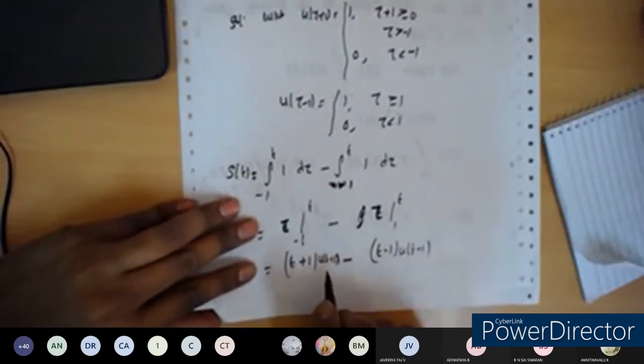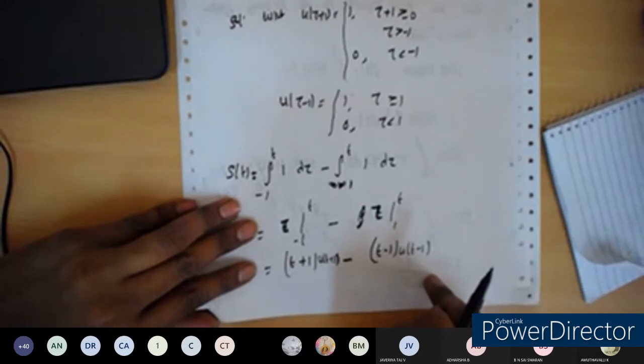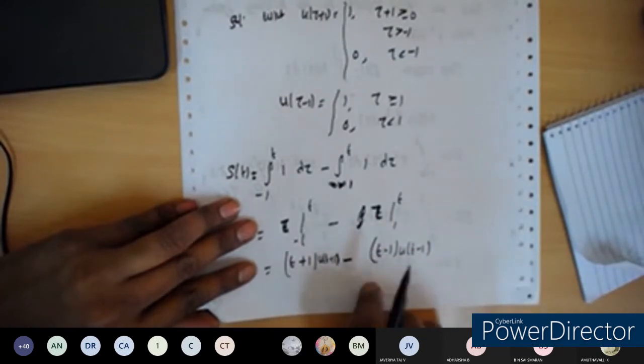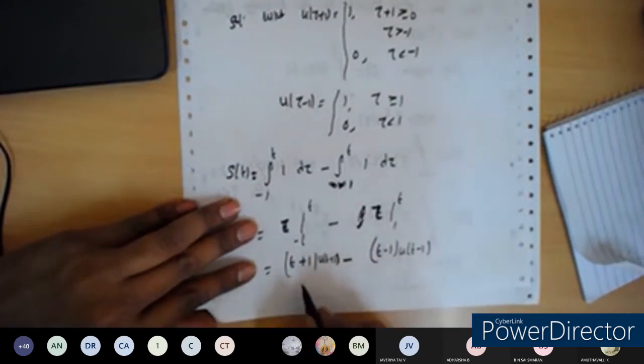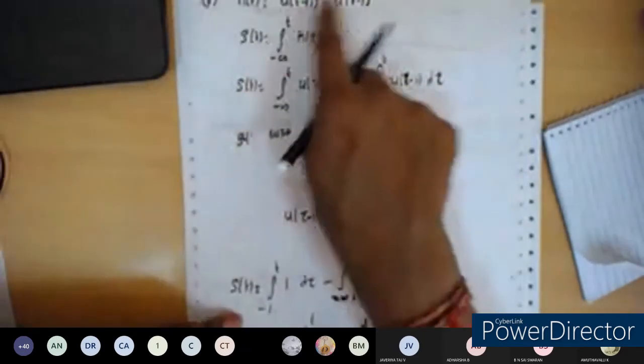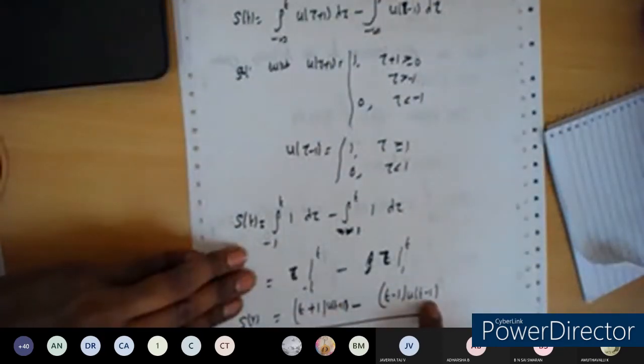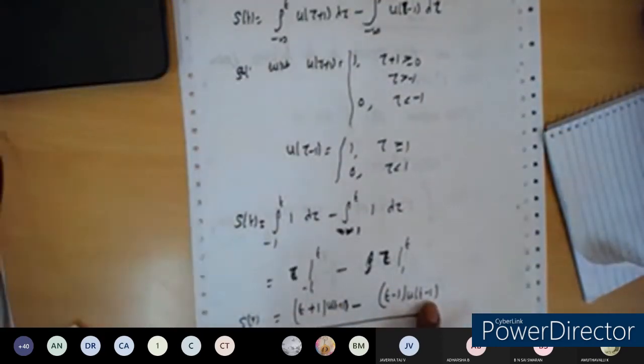Otherwise, if you are going to take the difference, it will become 2. So plus 1 to the minus 1, it will become 2. So if you substitute, this will be not correct. That's why we need to take the answer like this here. Whenever there is a difference of the two unit step functions, whatever the time interval is there, we are going to retain in the answer the same unit step function. Okay.